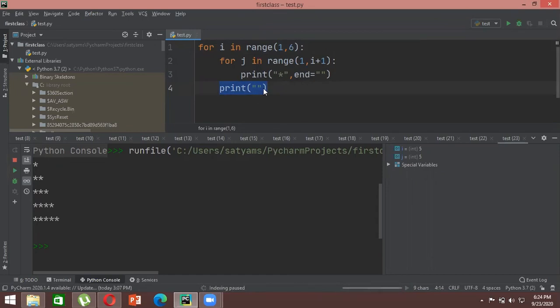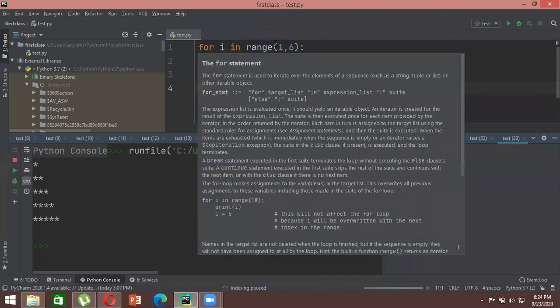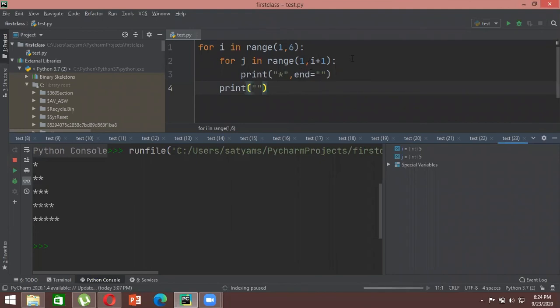So it will print whatever this program has done up until now. The first command that you have given prints it, and it automatically creates a new line. The next thing that you start won't start from here, it will start from the next line onwards. Then it will again go to this loop and take a new number, that is 2. Again it checks whether 2 is in between this range or not. This is true, so it will go into this one. When j updates to 3, 3 doesn't fall in this range, so it will break out of this loop.